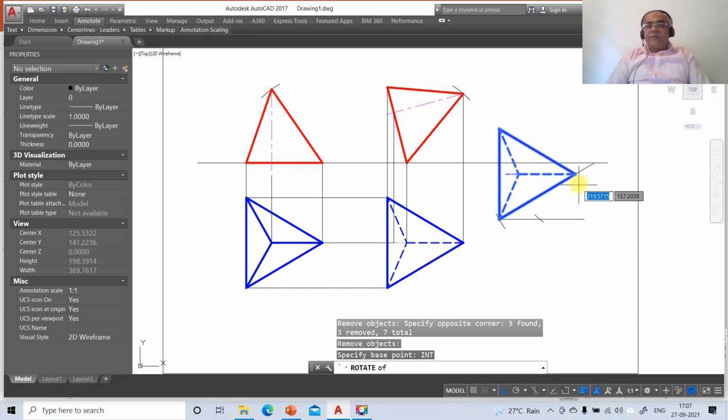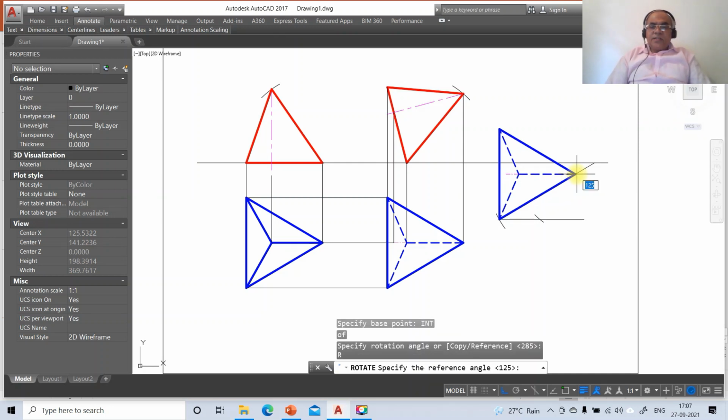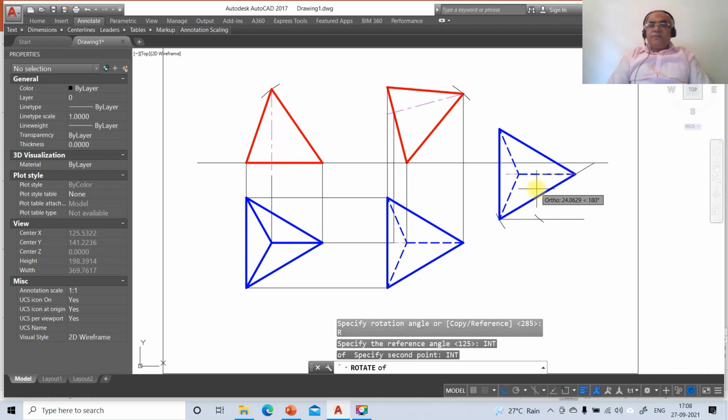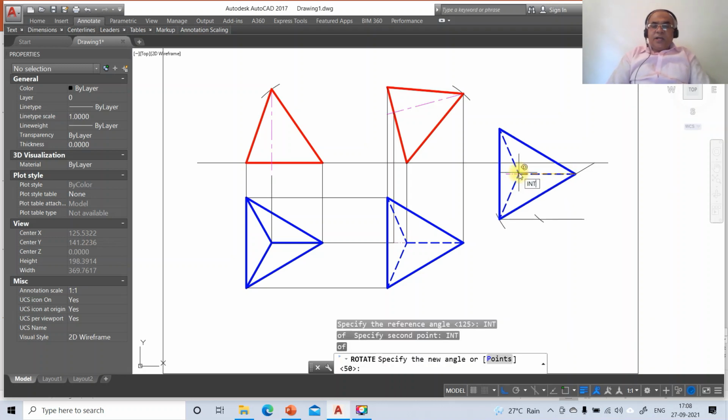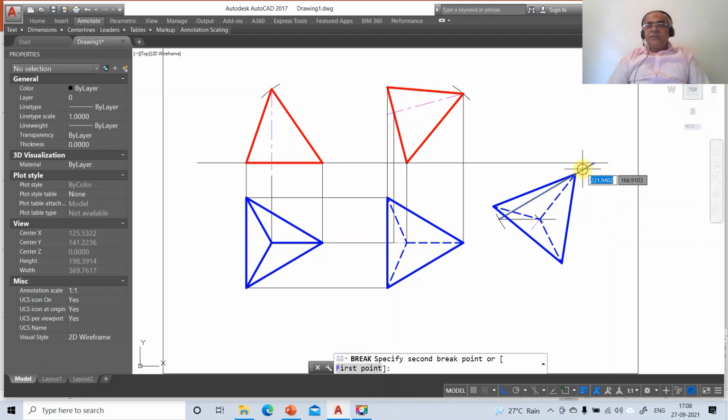You take int of this and take 182, take the reference and you take the intersection point of this and int of this, and this point has to be on this edge. Now once you get this, so you go to break and break this line. Similarly you break this,